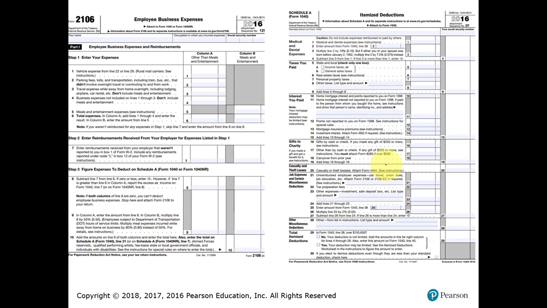Now, if you're an employee that also incurs business expenses, you don't fill out a Schedule C like the independent contractor. But what you would do is report your employee business expenses on a Form 2106. And we'll get into the details in a future slide, yeah? But this bottom line here for the employee business expenses is going to be treated as an itemized deduction here